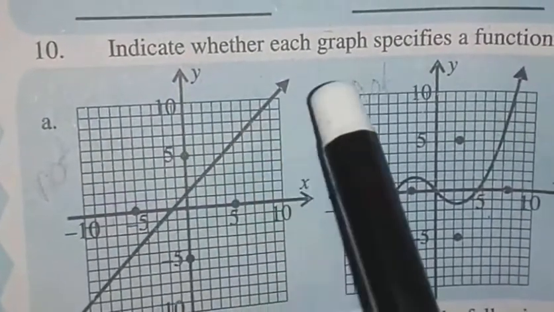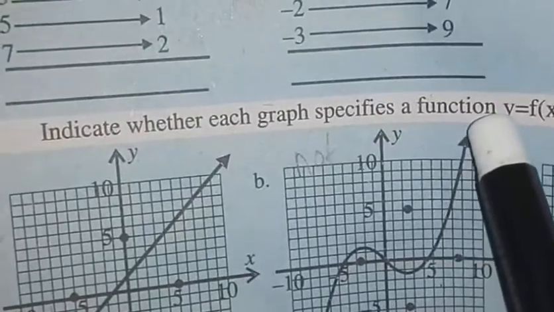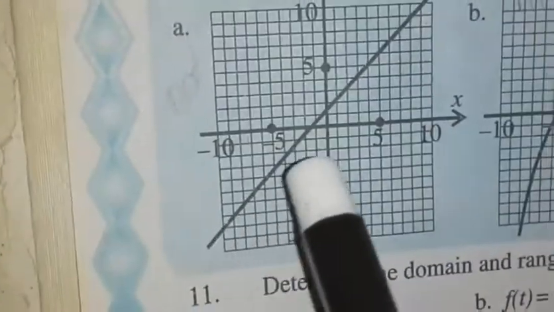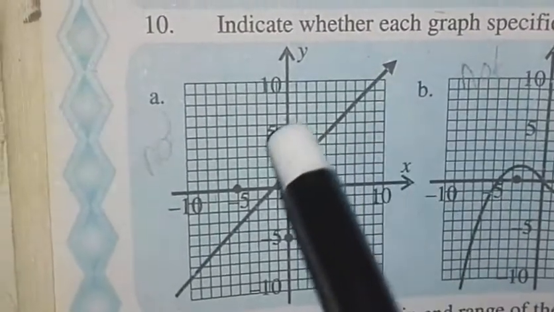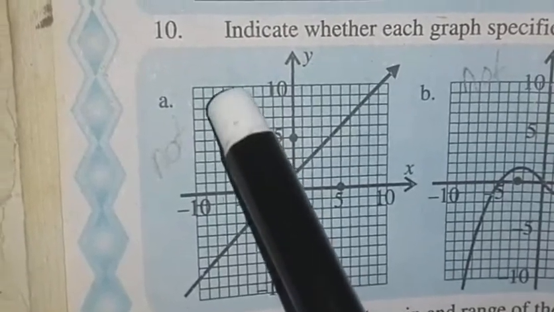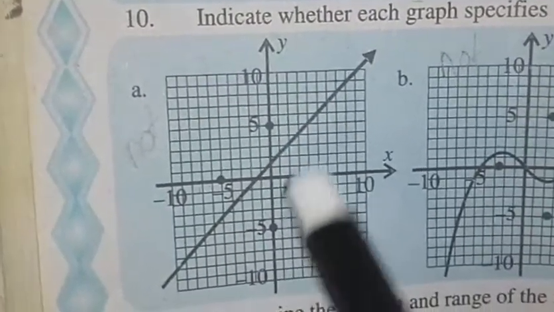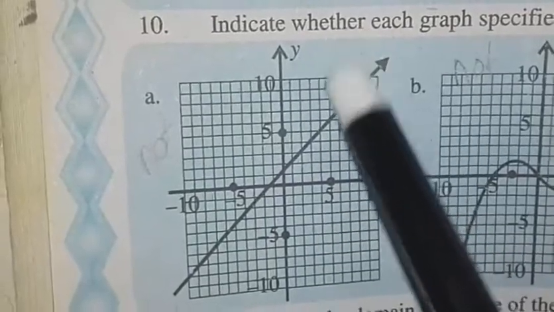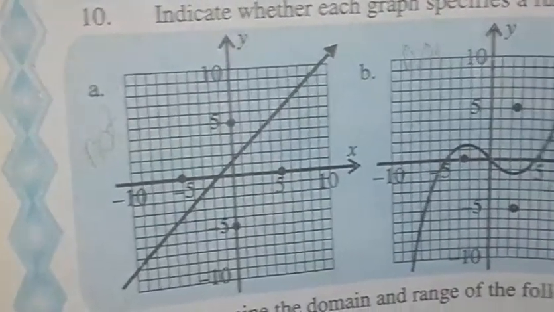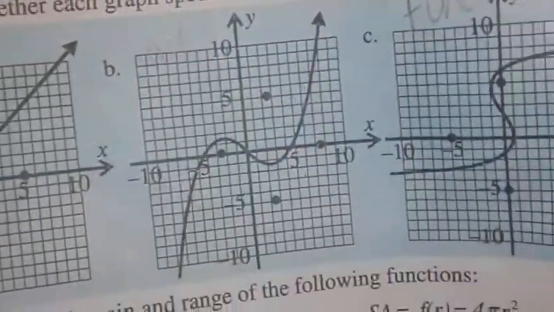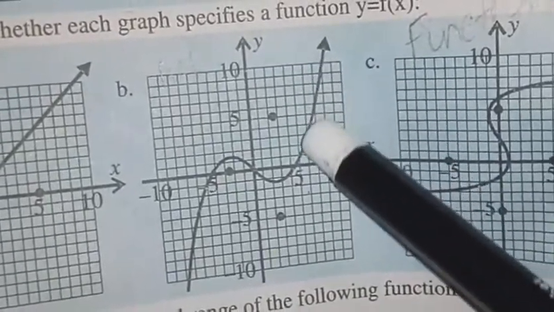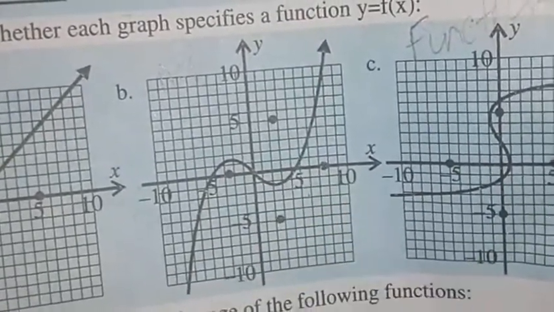the question 10, indicate whether each of the graph specify a function or not. Look at this one part. Here we will check it by vertical line test. When we draw a vertical line on this line, so this line touch only by single point, so it is a function. Look at the second part. If we draw a vertical line, so it also touch this line by a single point, so this is also